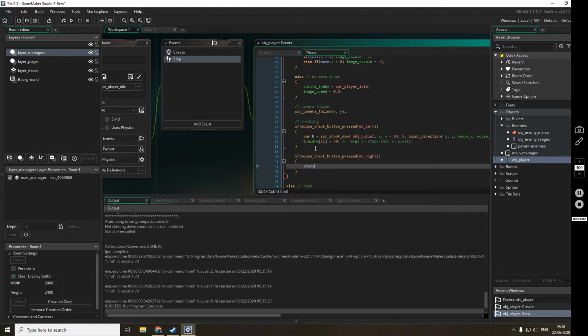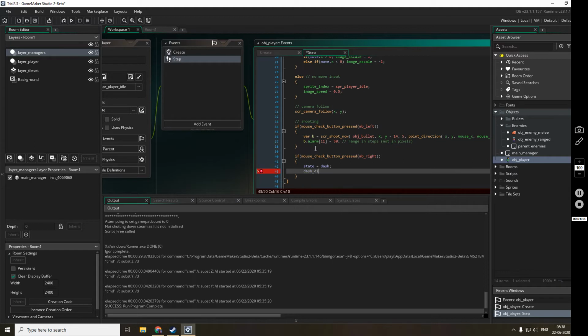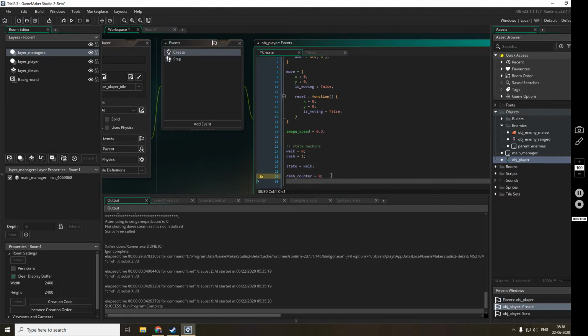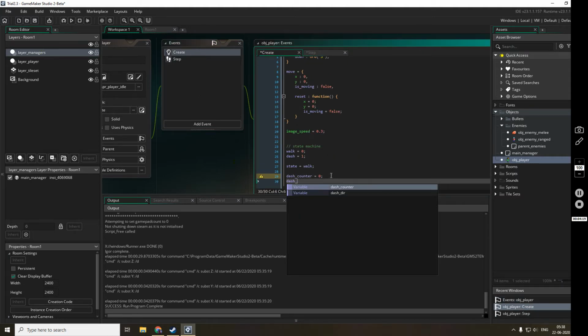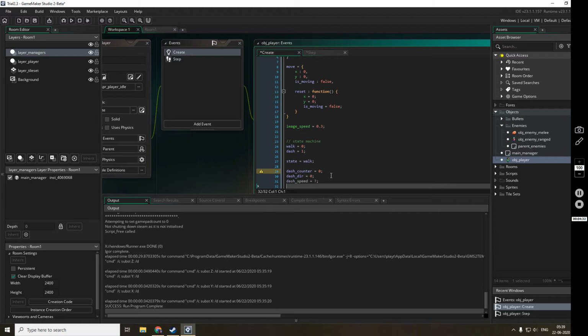So dash direction, we will be basically creating another variable called dash dir, equal to 0. Dash speed is equal to maybe the initial speed.